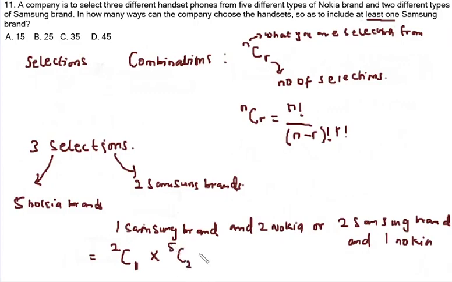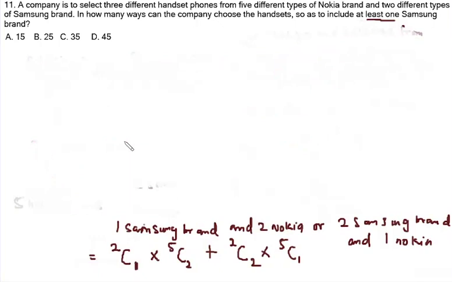Or logically is plus. So this is 2 combination 1, plus, and then 2 Samsung brands from 2 Samsung brands. It's simply stating 2 combination 2, and is multiplication, so times, and then 1 Nokia brand from 5 Nokia brands is 5 combination 1. So solving this equation, we have, let's clean up space, 2 combination 1 is 2 factorial